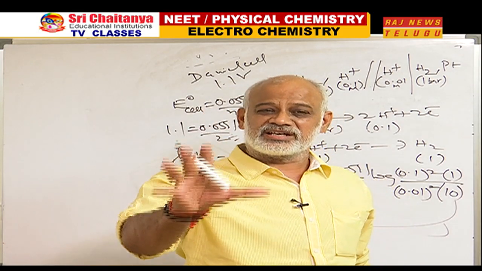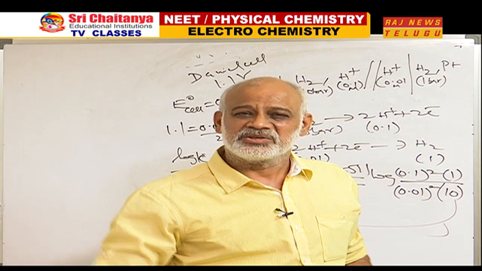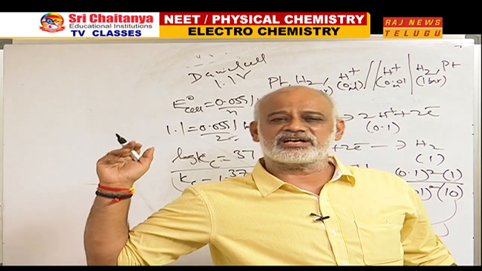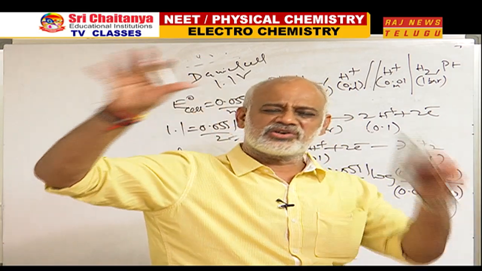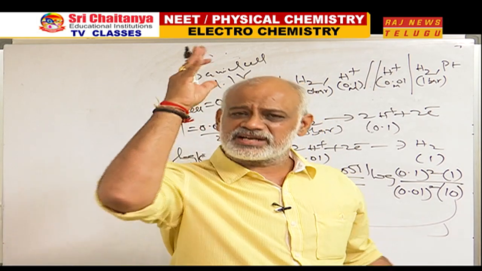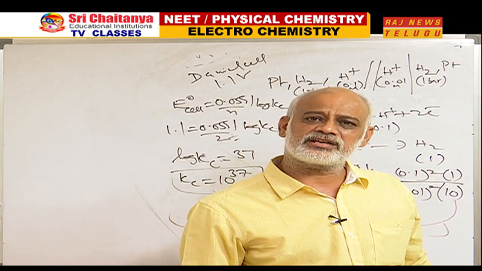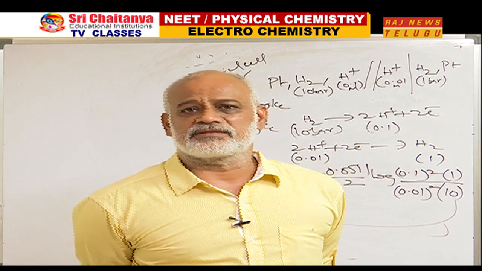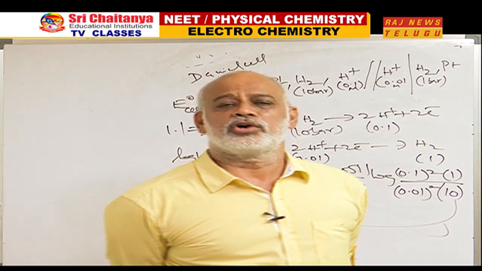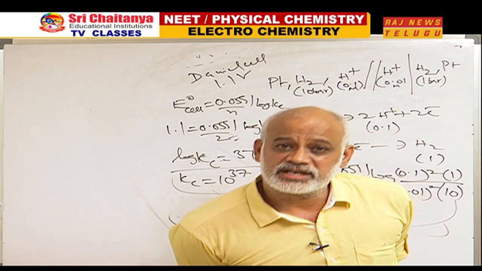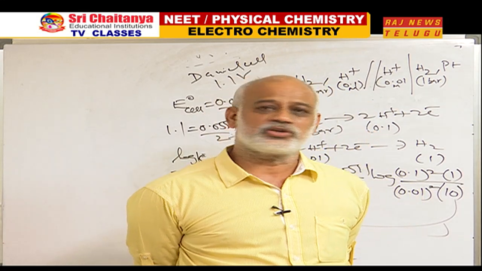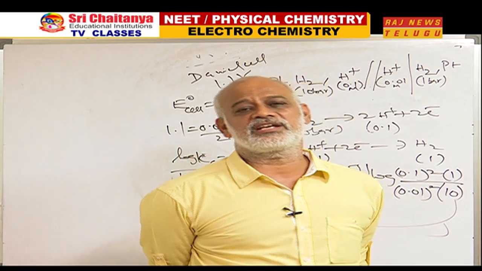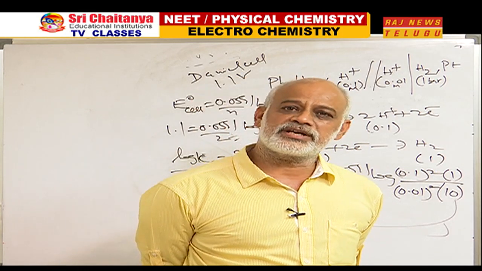So, don't think in a silly manner that only the anodic ion will be in the denominator and the cathodic ion in the numerator, or vice versa. Don't do that. Write the cell reaction. You will yourself know what the numerator and the denominator are. It is not a rule. If a cell is constructed between a metal electrode and a non-metal electrode, both the ionic concentrations may come in the numerator also. So don't confuse yourself. These are all the various types of problems or numericals that can be done here.